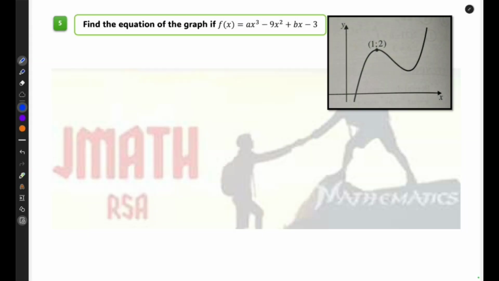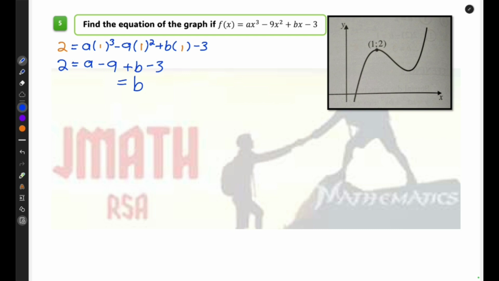Question 5. Now, if I look at this, I don't see any x-intercepts. It's not in a funny shape, but they do show me that the turning point is 1 and 2. So now I need to use that to find two equations and then do simultaneous equations. So first step, 1 and 2 is a point on the normal f(x) graph. So I can sub that into y and x to get my first equation. Normally with these equations, I want the one that's more to the right alone. So I'm going to keep the b where it is, and then I'm just going to move the rest over. So it's going to be 2 plus 9 plus 3, so that's going to be 14 minus a,